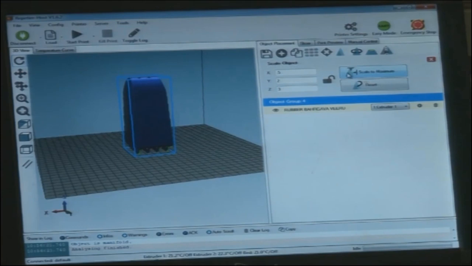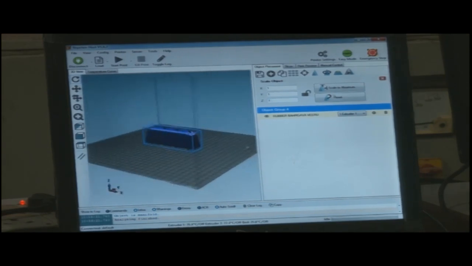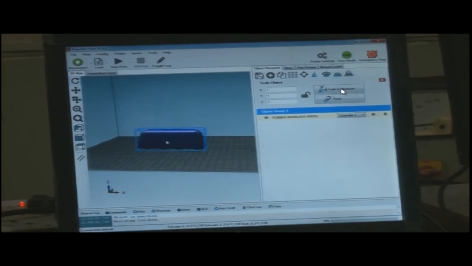Sometimes the CAD model we draw is big and we just need to produce a prototype or just a field model out of that. Then we can just downscale it and produce. So this is a direct provision for that. This is a direct feature in the software for this.